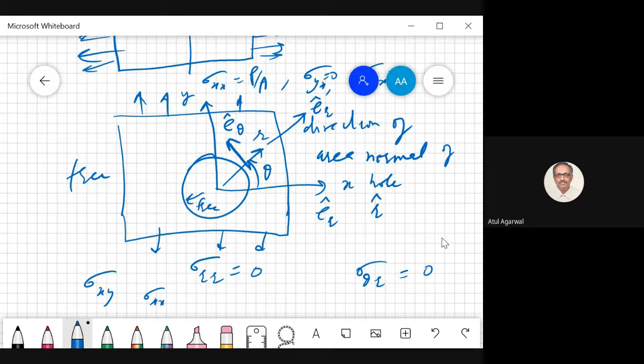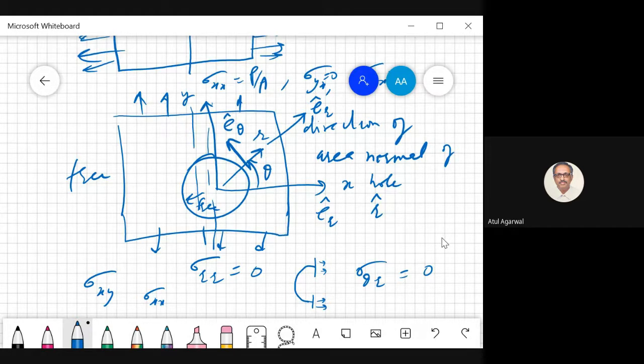But suppose you take any cutting plane, now there is an issue. You take a cutting plane, now you see on this surface there will be stresses, but internal forces will be there. There can be internal forces here. You don't know about them as soon as you cut it.